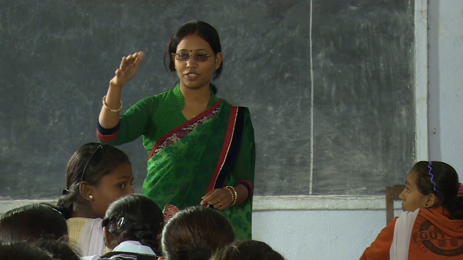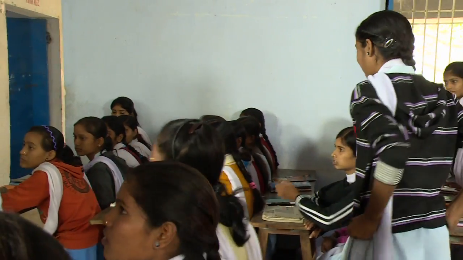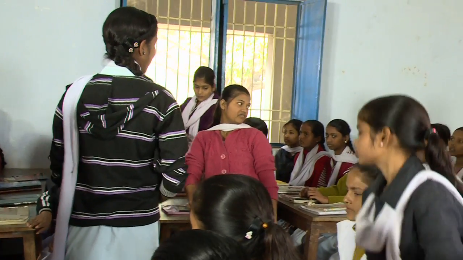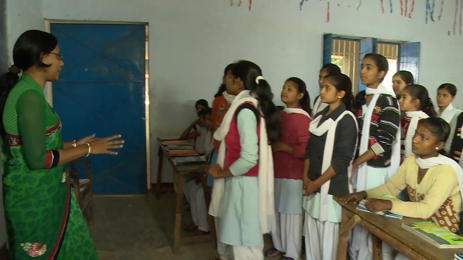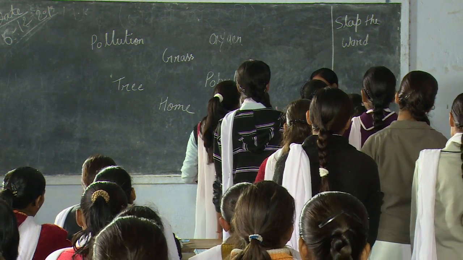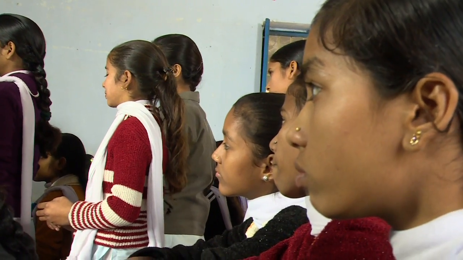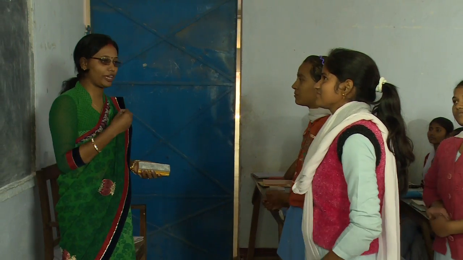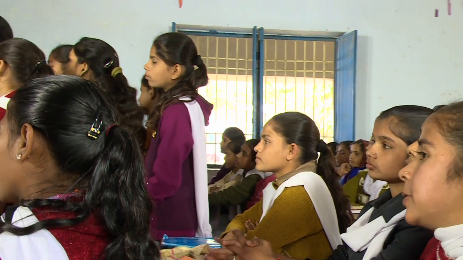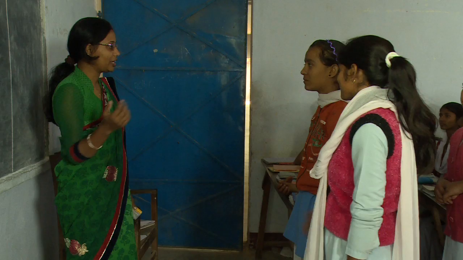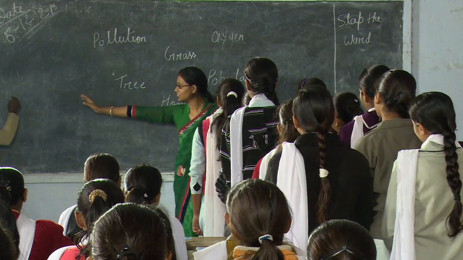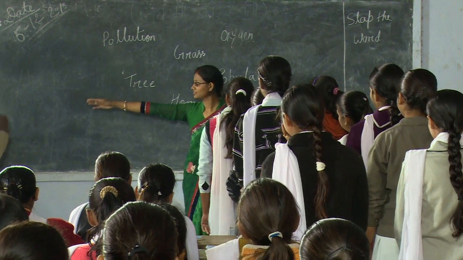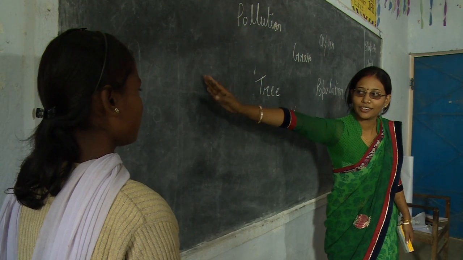So 5 girls from this side and 5 from this side, and please make 2 lines over here. Okay. So there are 2 lines. You have to run to the board and you have to slap the words according to my instruction. Only the first 2 girls will run to the board. And this is team A and this is team B. Sindhu will be the scorekeeper. Draw A here and B there.